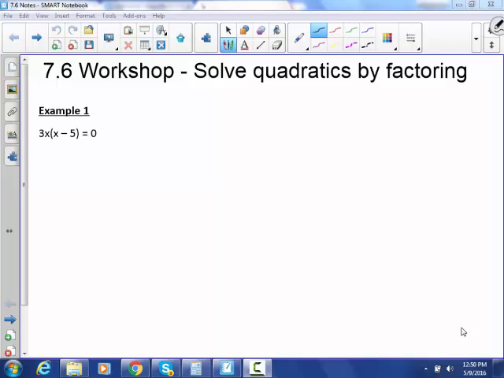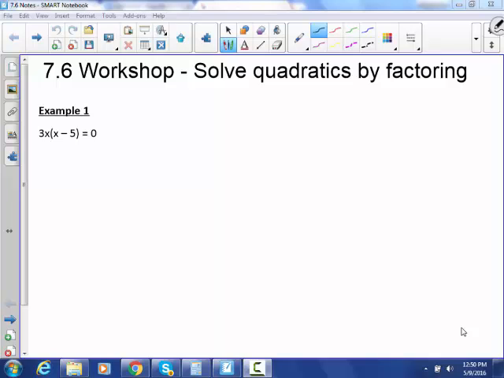This is our last math lab assignment. This lesson is extremely easy. We've done the hard work on it already. So what we have done so far is factor, and what we're doing today is actually going on and solving